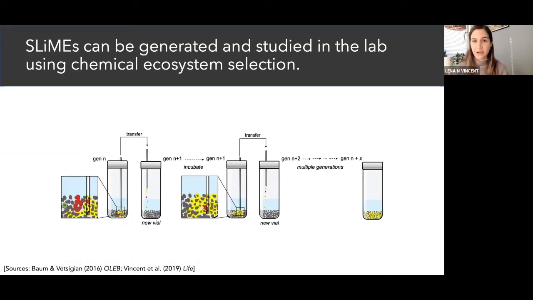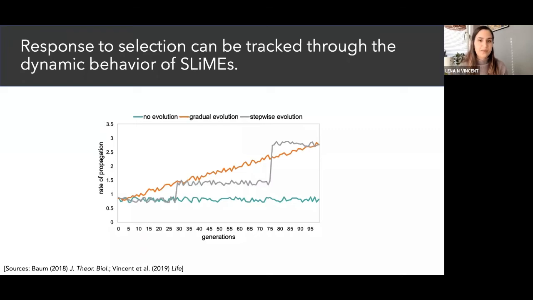And different variants here are denoted as different colors. And so importantly, we also routinely sample both the bulk solution and the mineral surfaces to analyze them to track any changes that might arise in response to chemical ecosystem selection. Now, the nice thing about this procedure is that it's chemically agnostic, meaning that it doesn't presuppose any specific chemistry, and it can be deployed on virtually any set of conditions.